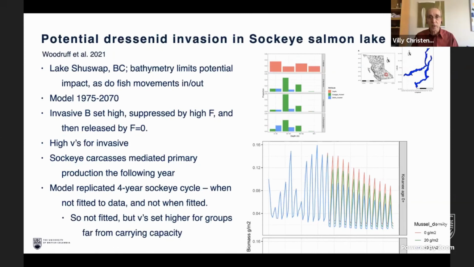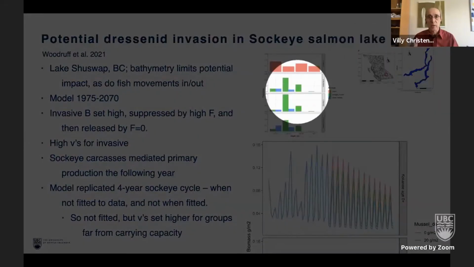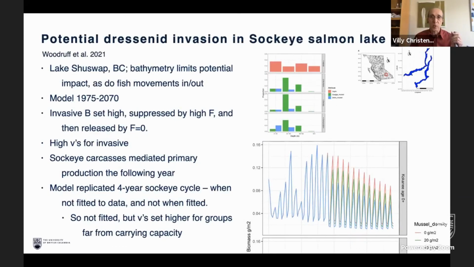An interesting thing there is that these dreissenids, so that's the zebra mussel and quagga mussel that Yu-Chun was talking about for the Great Lakes, haven't made it here yet. That's also what I talked about, the little zebras in my first picture. Their depth range is limited. They need to be where there are things to filter. So what you see on this plot is, on the top, the depth distribution in Shuswap Lake, and for the 2 mussel species, where they may occur. And they are limited in their range.